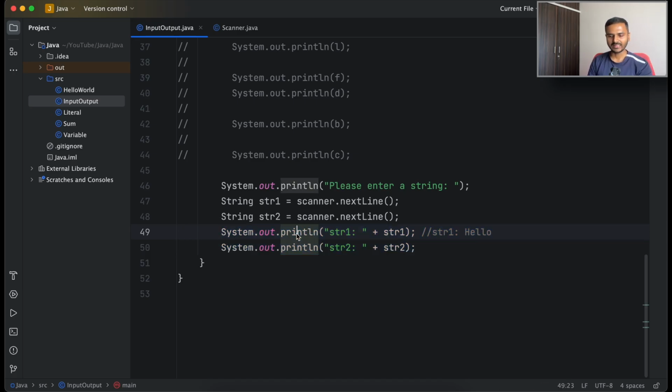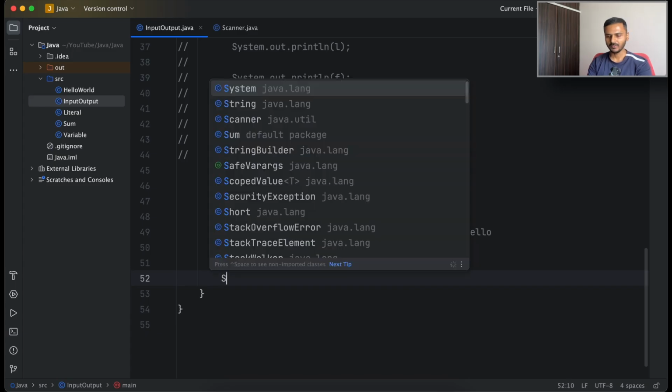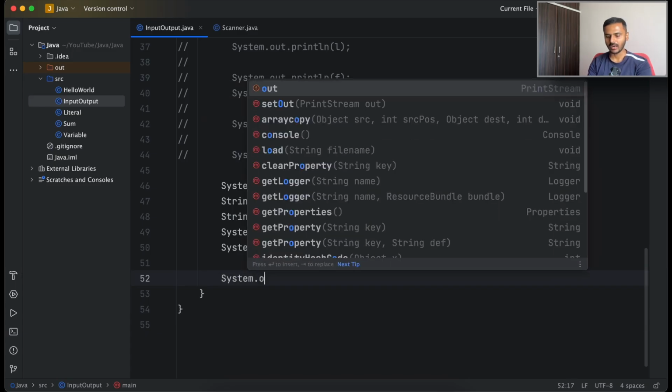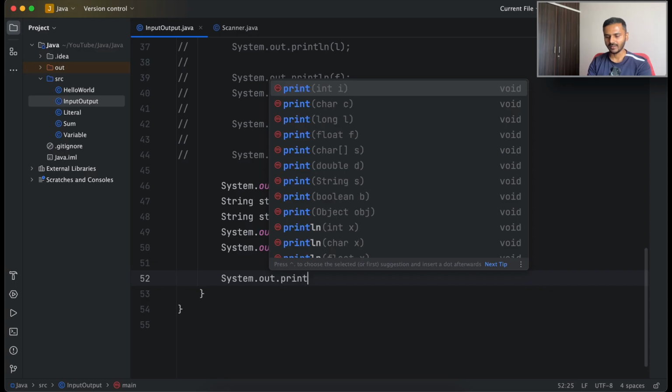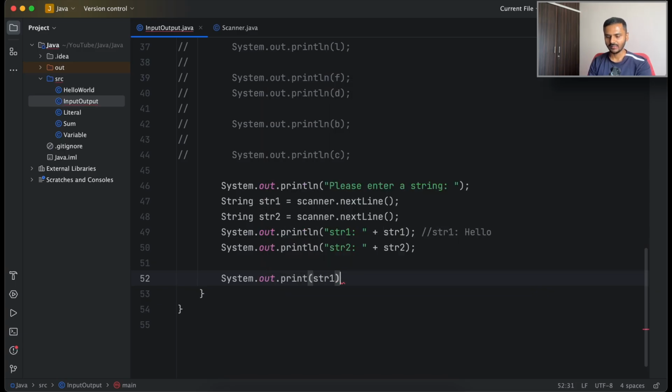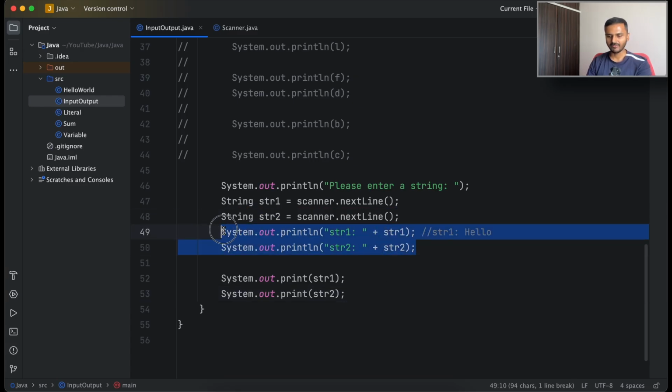Now, similar to the println statement, there's something called print. Let's see that in action. So if I say System.out.print and I say str1 and I end this with a semicolon, you can see there are no errors, which means whatever we have put in line number 52 is syntactically correct. Then I copy it, go to line number 53, paste it, and change str1 to str2. And for now, let's comment line number 49 and line number 50 out. And if I run the code now,